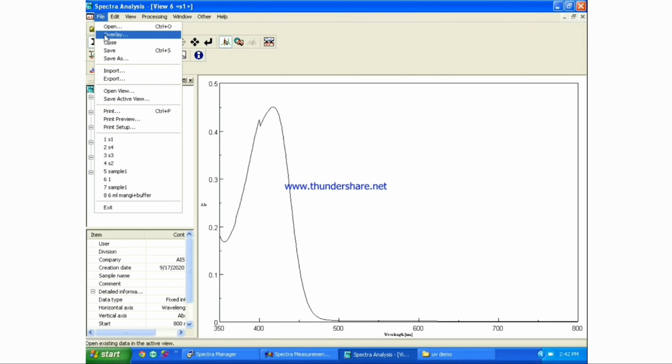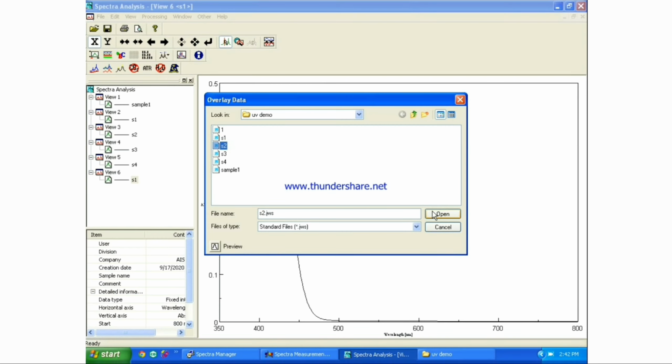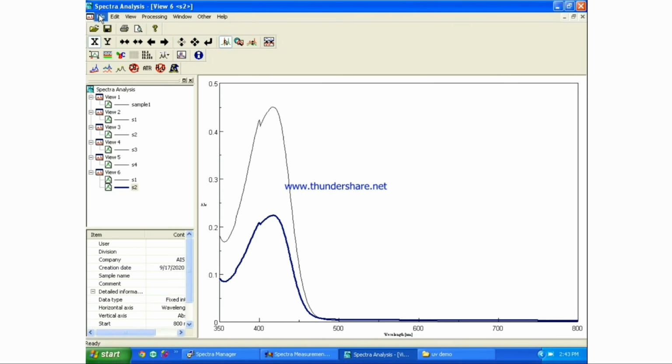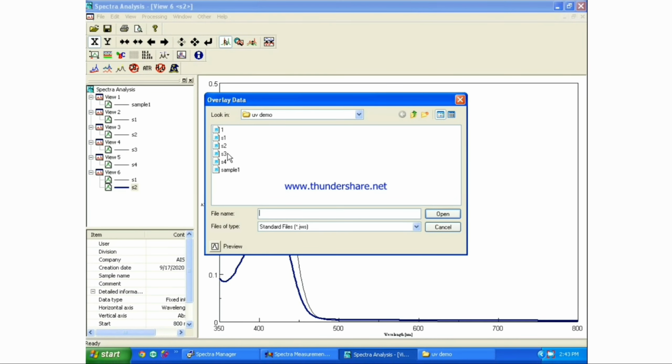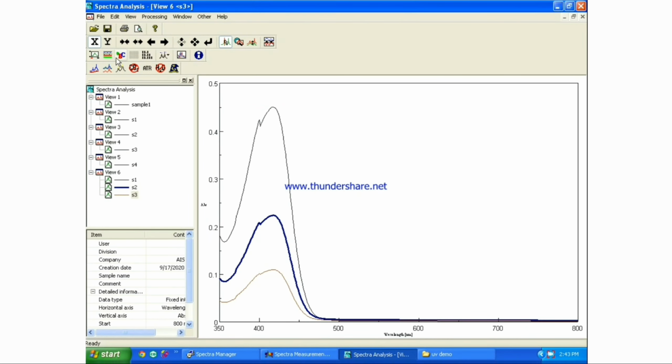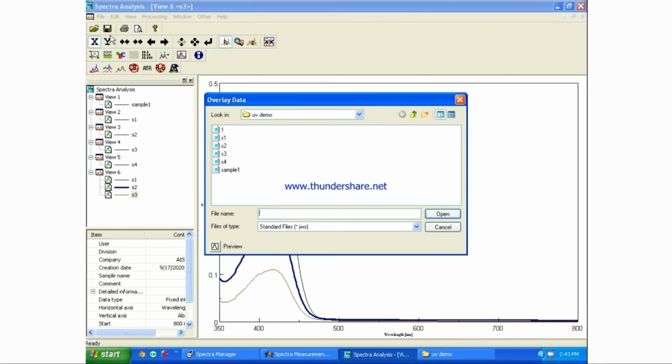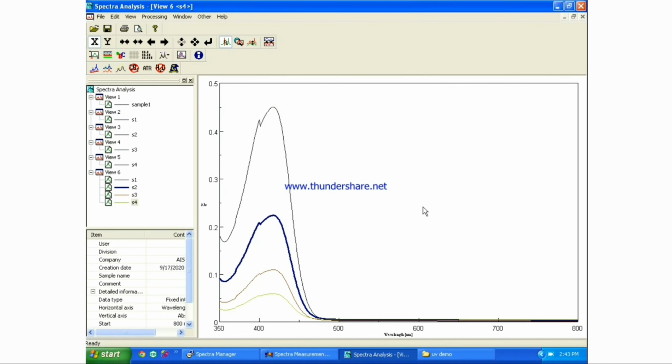Here I have varied the concentration of the sample by 2-fold in each of the 4 cases and obtained their spectra. After overlaying these spectra, we can say that absorbance decreases with decrease in concentration of the sample solution, or with increase in dilution. This result is in concurrence with Lambert-Beer's law, which says that absorbance is directly proportional to the concentration of the solution of the sample if other parameters are kept constant.